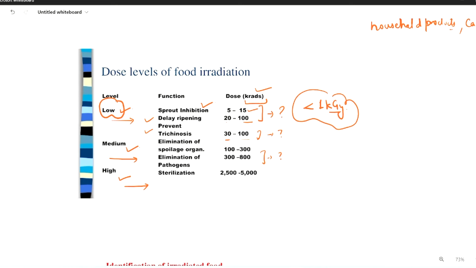100 kilorads, right? If we talk about the medium dose of irradiation, in that case, it is used for the elimination of spoilage organisms, which are your pathogenic microbes, right? So pathogenic microbes are removed by giving the medium dosage of radiation. And if we talk about kilorads, it should be between 100 to 300 and 300 to 800, right? And if we talk in kilograys, it should be 1 to 10 kilograys,